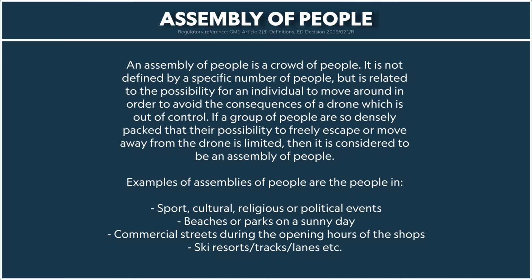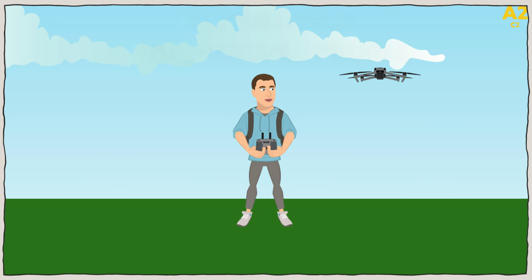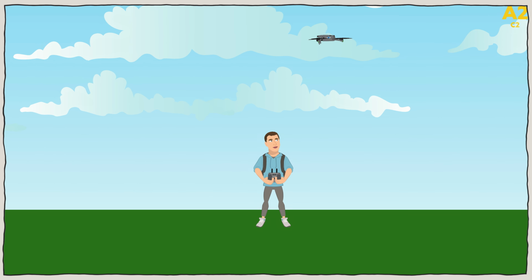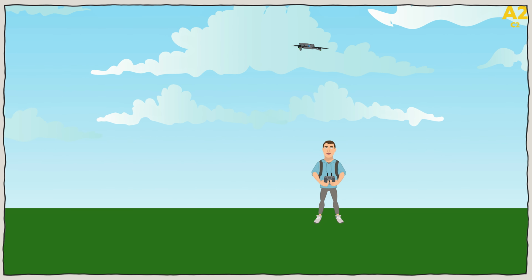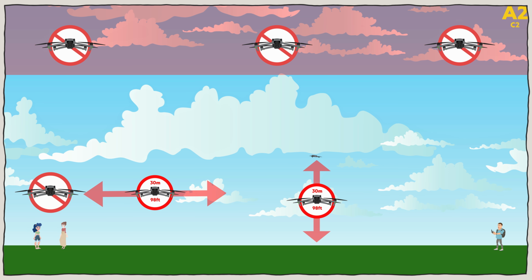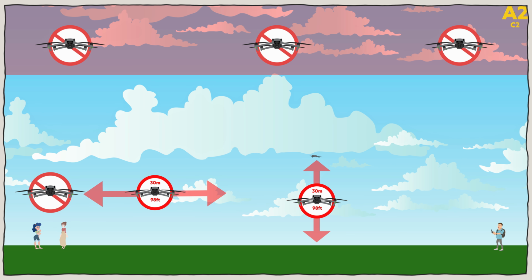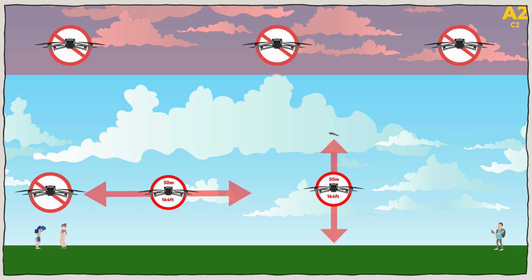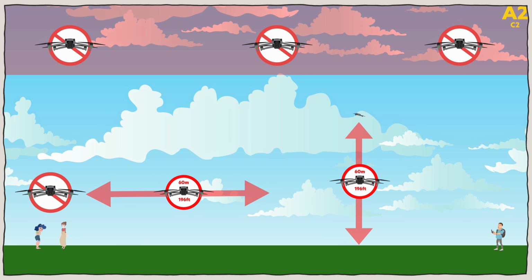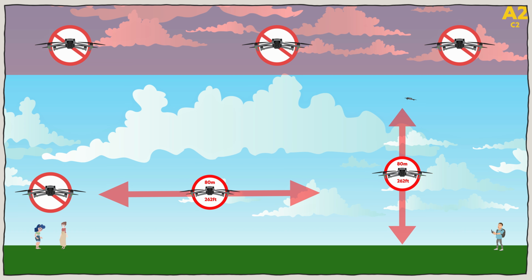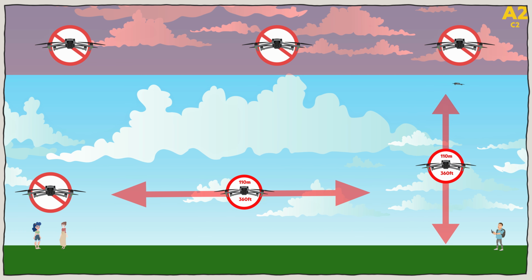C2 drones in the subcategory A2, flying over uninvolved people. And just to remind you, to fly in the A2 subcategory you require additional training. With C2 drones, you are not allowed to fly over uninvolved people or a group of people. And you have to maintain a minimum horizontal distance of 30 meters from people. And there is a 1-to-1 rule. What exactly does that mean? For example, when you're flying at a height of 40 meters, you have to keep a distance of 40 meters; at 60 meters high, a safe distance of 60 meters. And this is up to 120 meters. Then you have to keep that 120 meters from people.